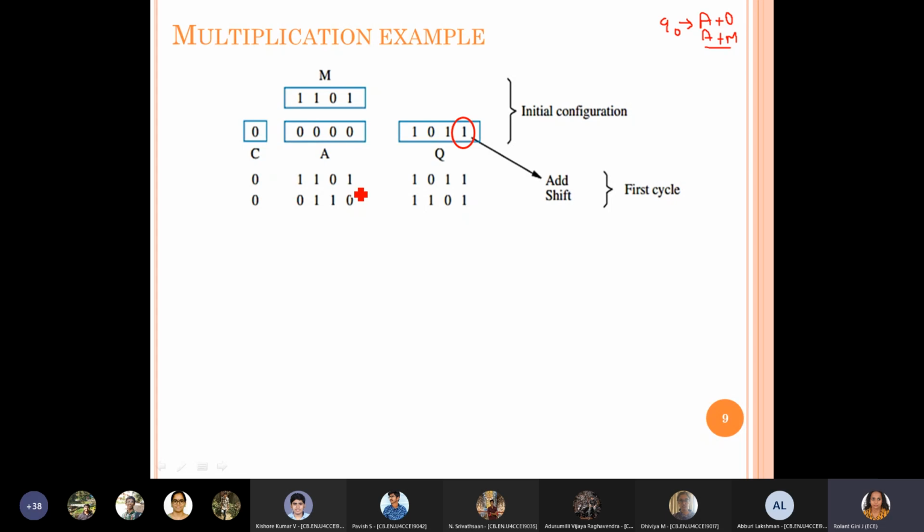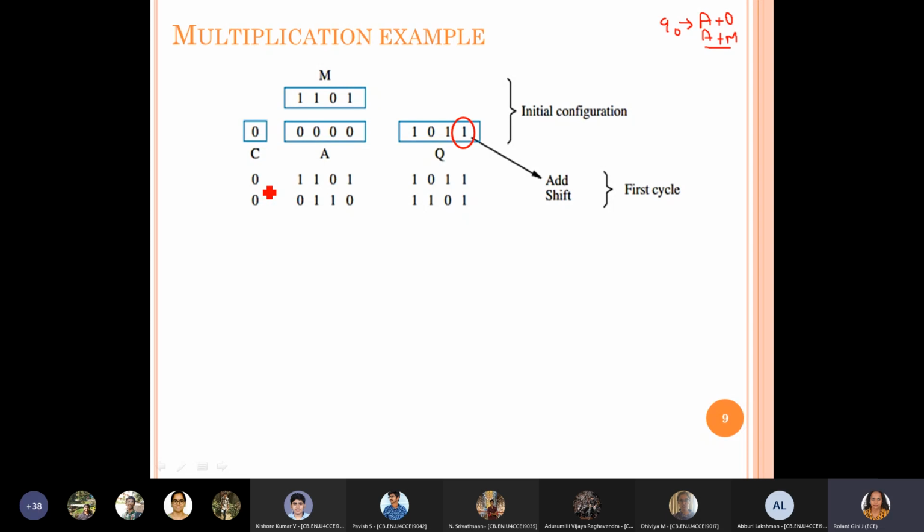Once addition is over, the next step is shift, right? While shifting, you should remember that C, A, Q all together should be shifted one position to the right.